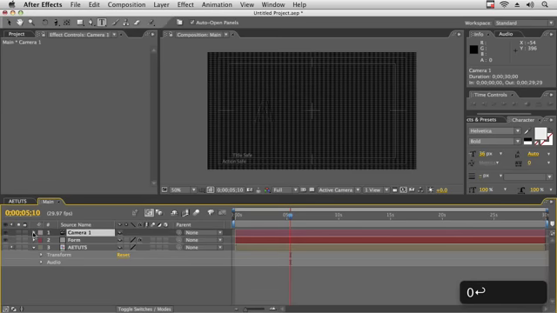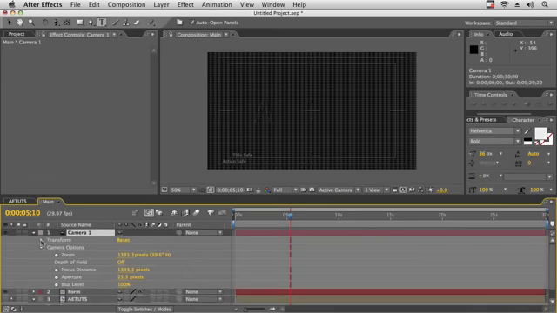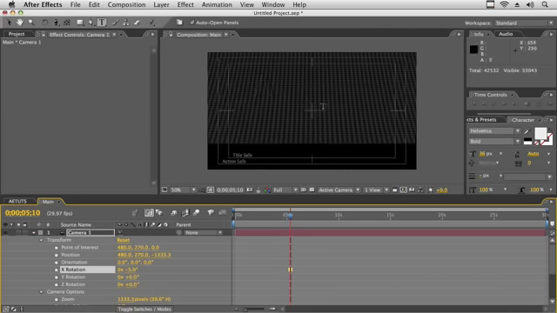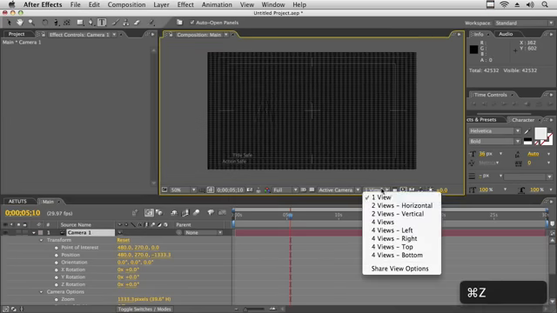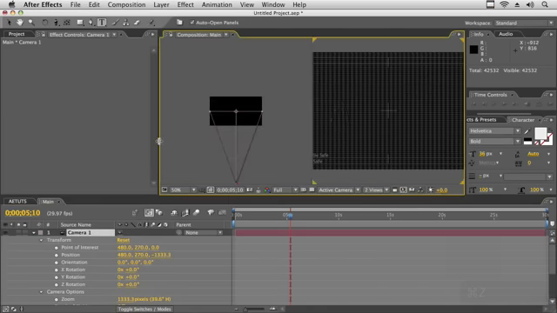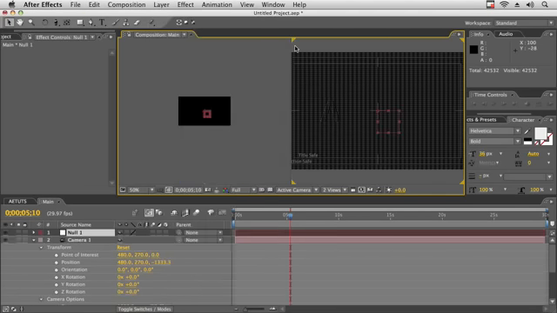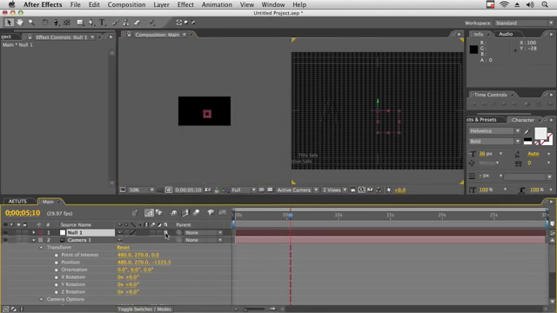See, the problem is if I just rotate the camera here on X, notice how it kind of moves it up and down. It's not revolving around that center of axis. If I put 2 views up here side by side, I actually want the camera to revolve around this center of axis, sort of where the point of interest is, which is 0 on C. So the way I do that is I create a null object, make it 3D, so it's there. So if I look at them both together,